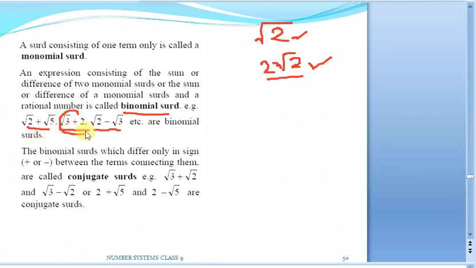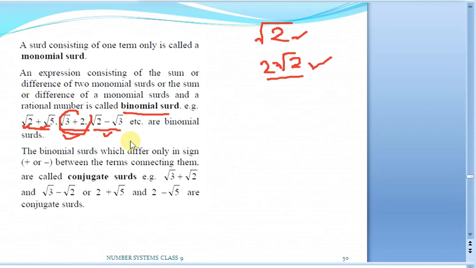I just want to tell you one point here. This is irrational, this is irrational. We are adding root 2 to root 5, so both will add up to an irrational number. Now see here, when you add a rational number 2 to an irrational number root 3, take the value of root 3, it will be 1.732 something, it won't end. When you are adding 2, will it become again irrational or not? This will be irrational, so in this case also it will be irrational. Try to take your own examples and check whether this result holds good for every number or there are some exceptions. Just take it yourself.